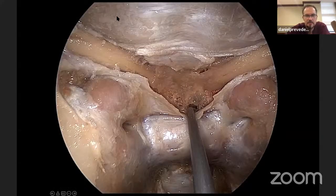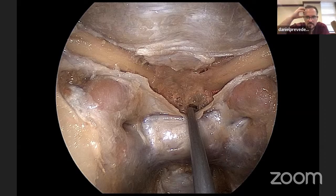And just to show you, you can combine a removal of the planum sphenoidale with the opening of the optic canals. And you can open suprasellar where you see the arachnoid. And we often do that more. I do it more than ever. I do it aggressively for tuberculum sellae meningiomas, for instance. We open the canal medially here and there, and we have access to the optic nerves bilaterally, which is very difficult to do with a craniotomy, particularly if you're coming in at an